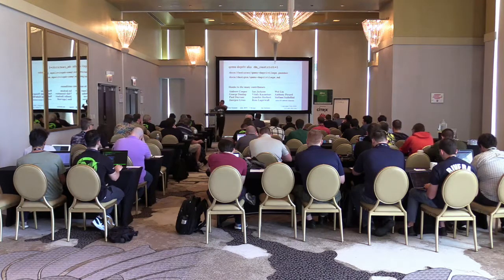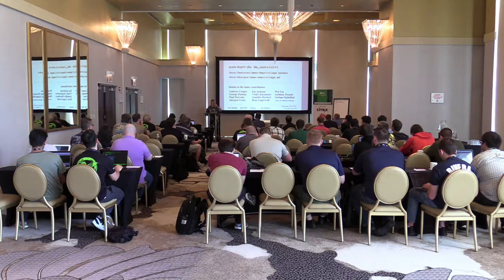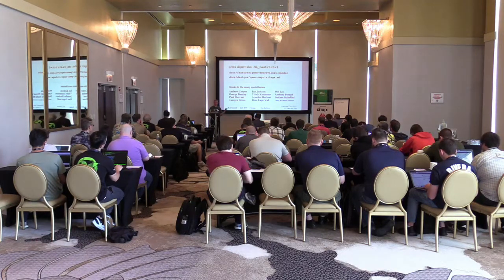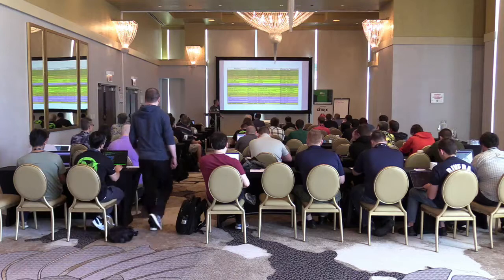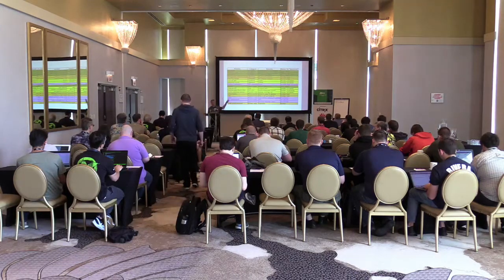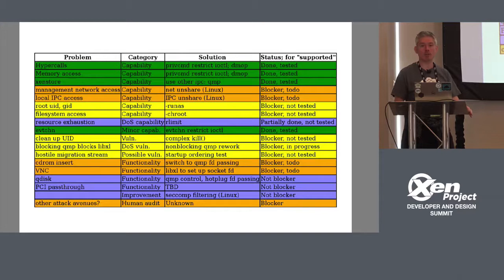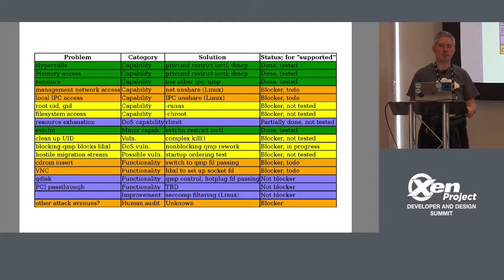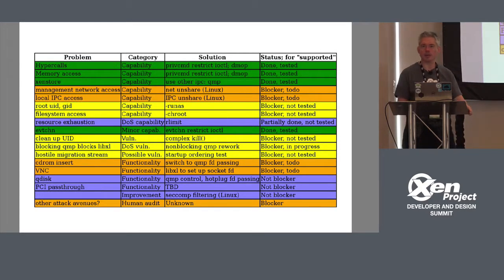To answer your question a bit more about UIDs, I don't think we're relying completely on UIDs, right? If you look at the list, we're intending to unshare various namespaces, and you're right about the mount namespace. I don't think it's necessary to unshare the UID namespace as well, and unsharing the UID namespace has some performance implications because it adds another layer of indirection in the kernel. And given that there will be no other processes with this UID,